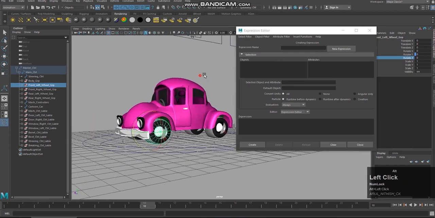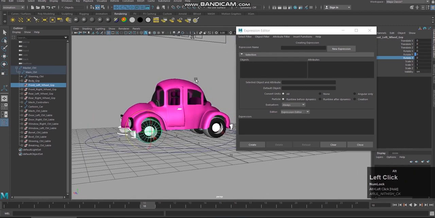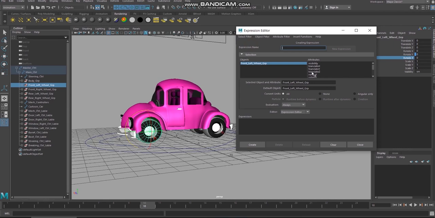Like I'm selecting one group like front left wheel group. Go to expression editor. Okay, you keep the default settings by expression name, and keep it like by object name, so that I can select rotate Z of this front left wheel group.